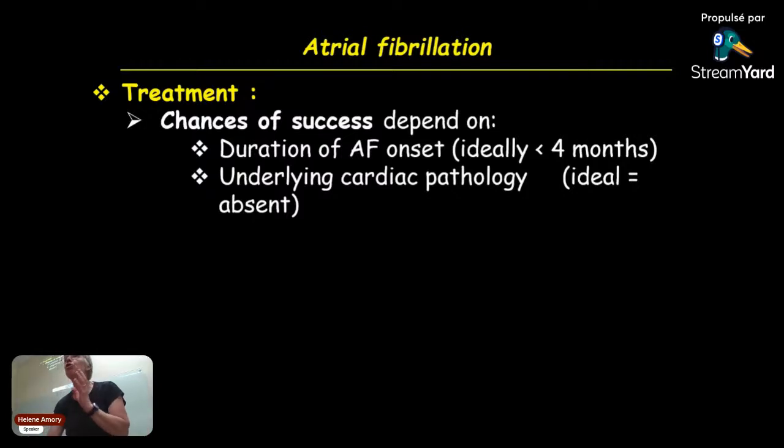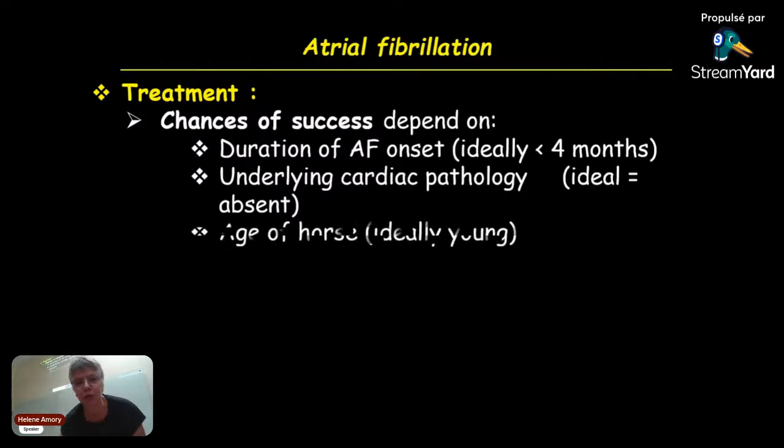Thus, if you treat the horse within the 3-4 months of onset. But the problem is often that when you auscultate the horse and find the arrhythmia, you don't know exactly since when the horse has had the problem, okay? If he suddenly presented exercise intolerance, and the owner is sure that the horse was auscultated recently and was not arrhythmic, and suddenly he developed exercise intolerance and an arrhythmia, then for sure it will be associated with a recent atrial fibrillation, okay?